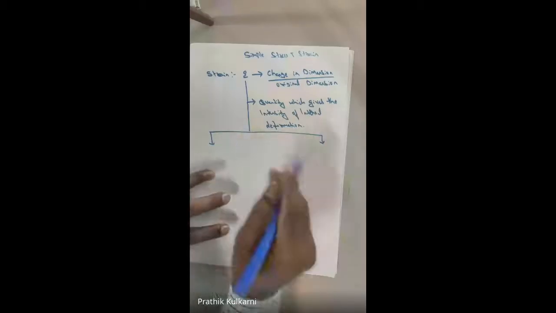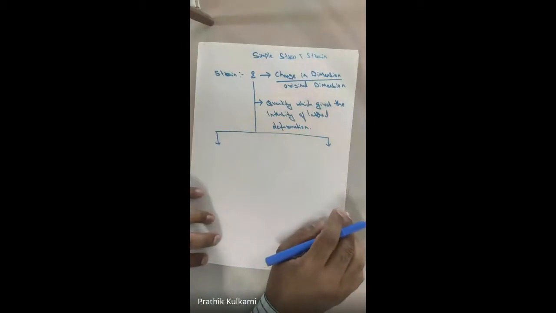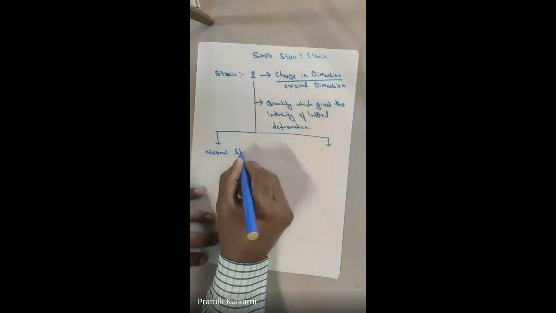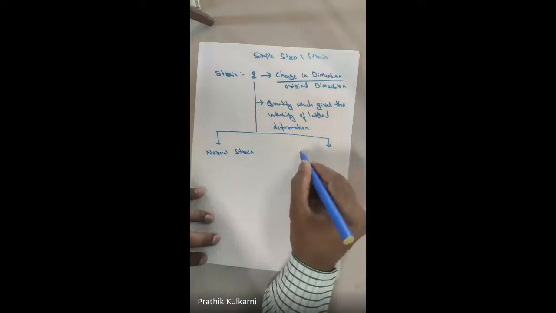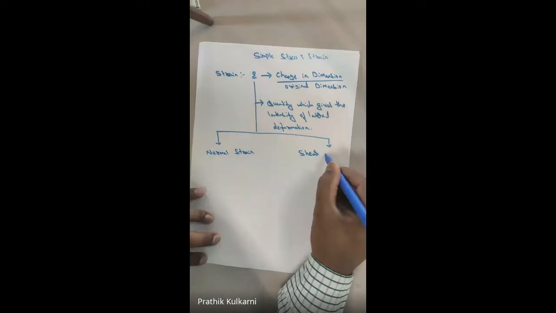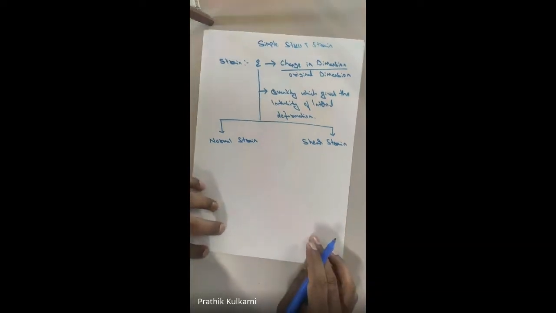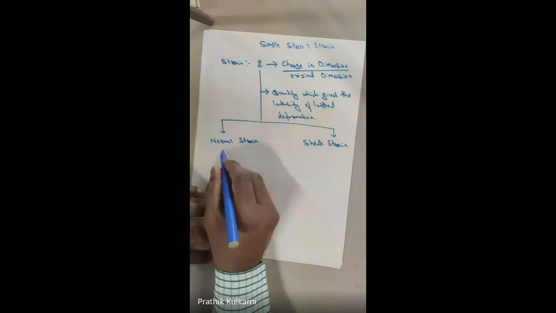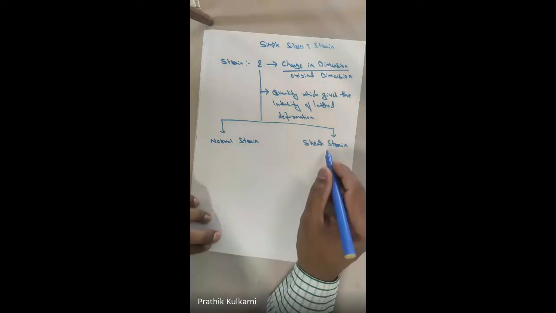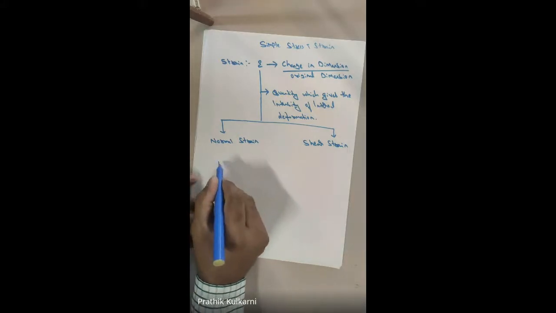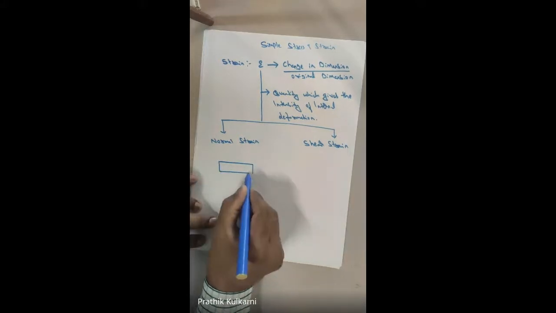Now, strain has been divided into two parts. The first one is your normal strain, and the second one is your shear strain. So if you talk about the classification of strain, the first is normal strain, the second is shear strain. If you talk about your normal strain here, if this is my member,